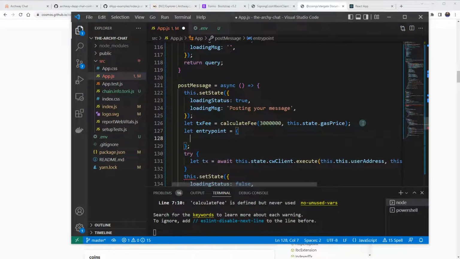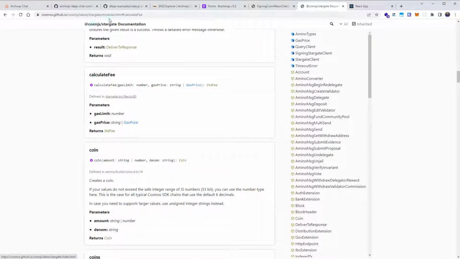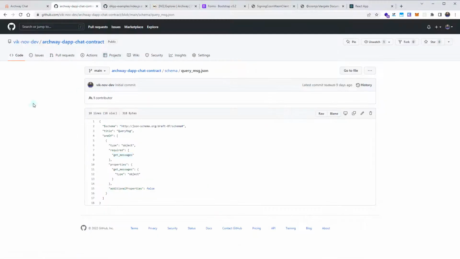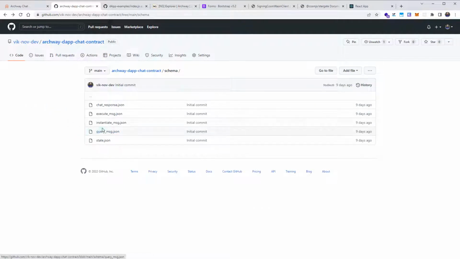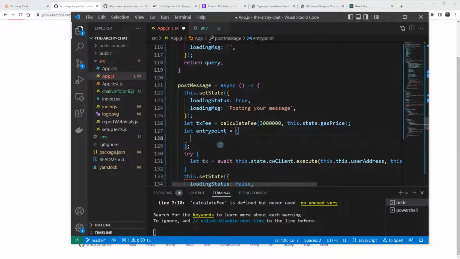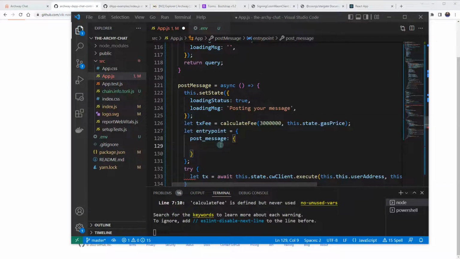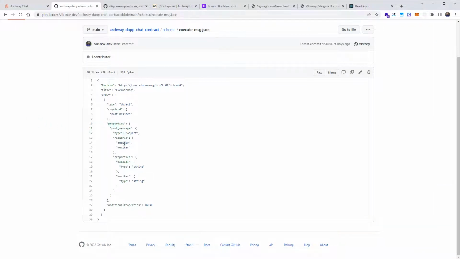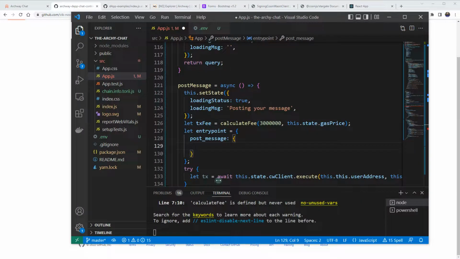So what do we pass when we add in some message? Execute message, and here we have post message with message string and moniker string message,